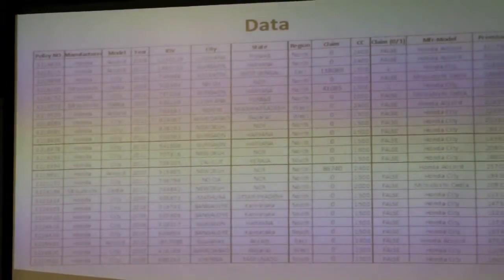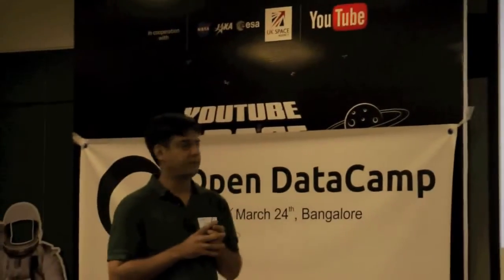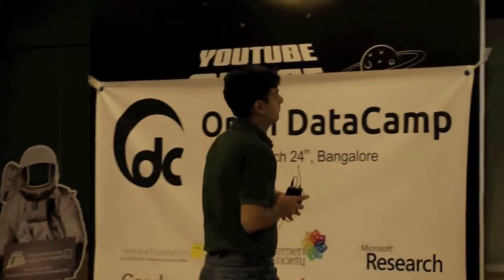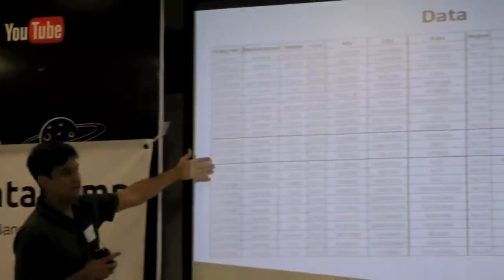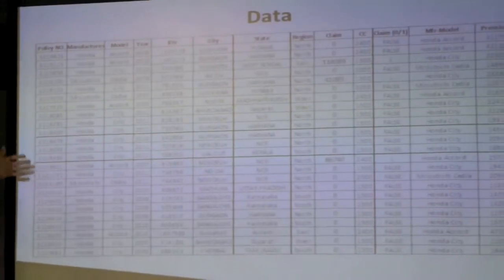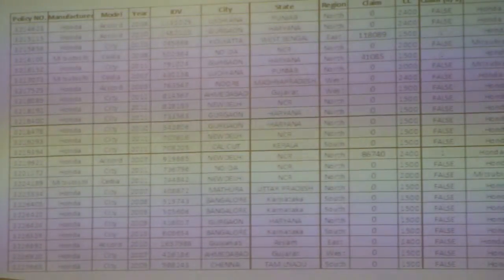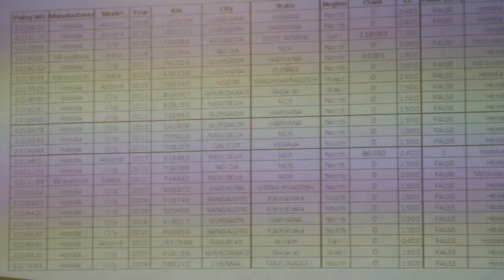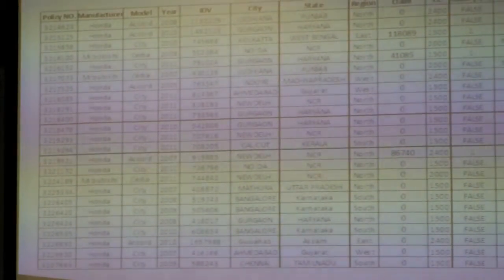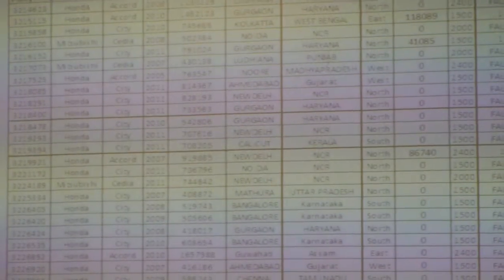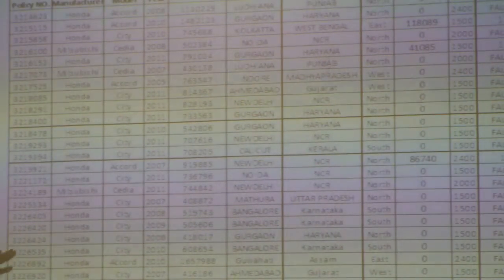Again, this data has been cleaned up and simplified. But essentially, you have a policy number, which is a unique identifier for each policy, and you have information about the vehicle. You'll notice that there is no information about the driver here. That's because legal regulations prevent the insurance company from collecting any such information, or even if they do collect it, using it for any kind of risk-based pricing. So you will only see vehicle attributes here.